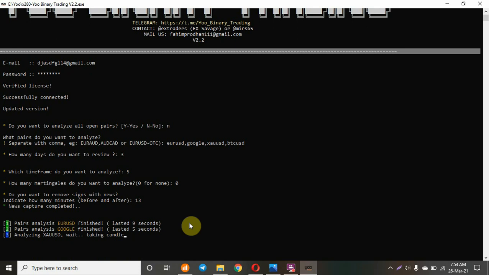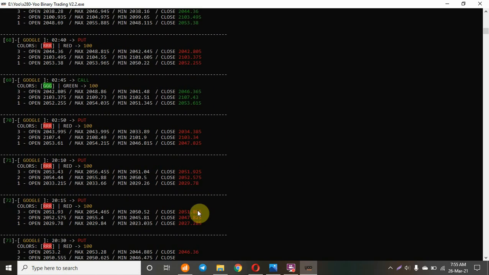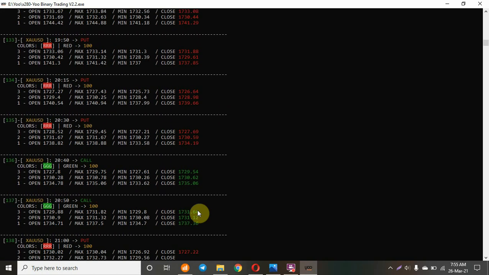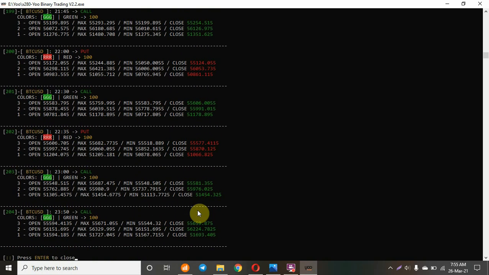You can make OTC signals here too: IQ Option, All-in-Trade, and Binomo. With the same signals, with the same email, you can log in. You can create signals for that broker also for OTC. And you know, the real market and all markets are the same, so you do not have to worry about that. So okay, press enter to close.